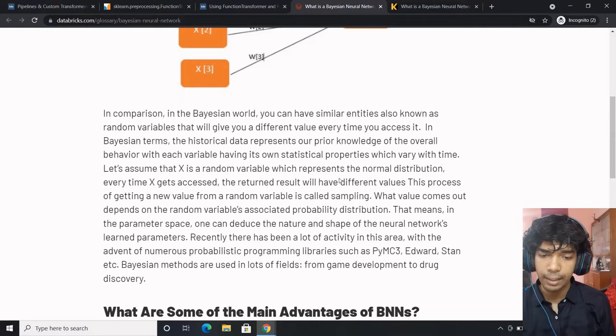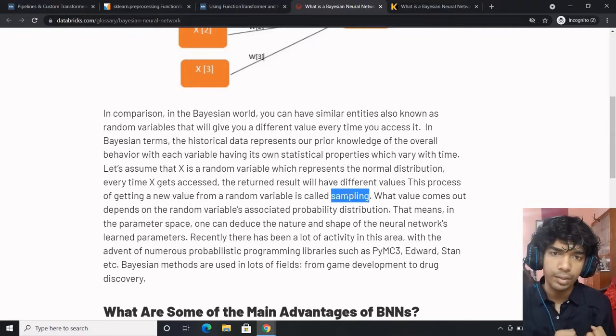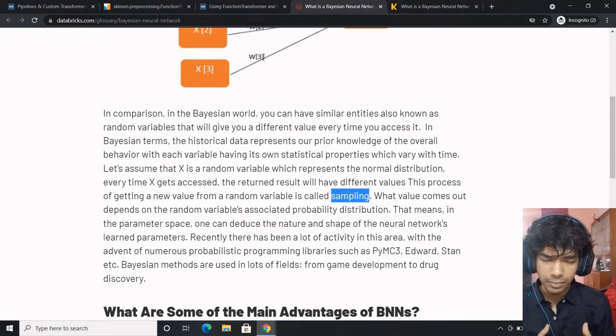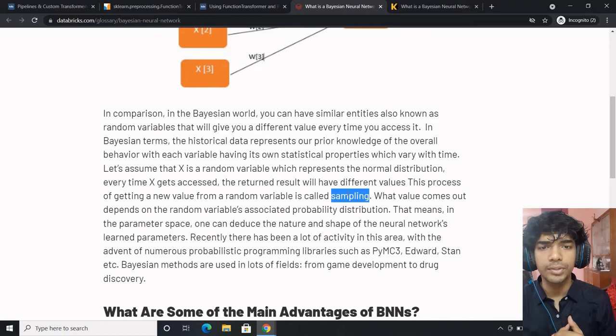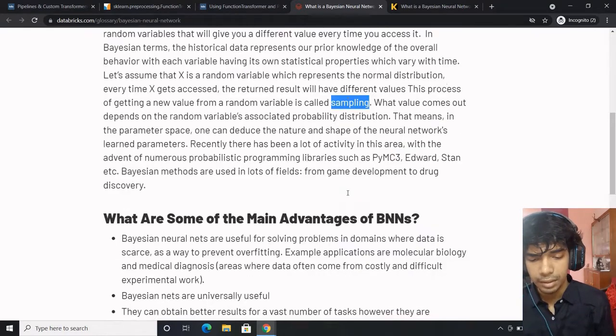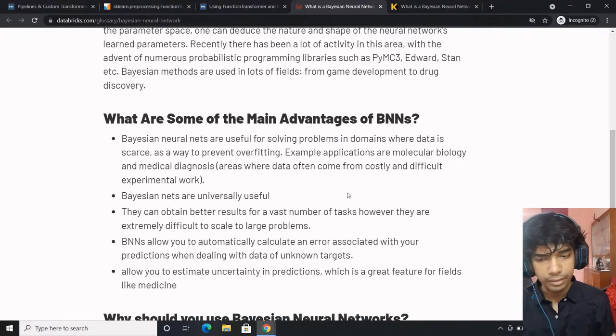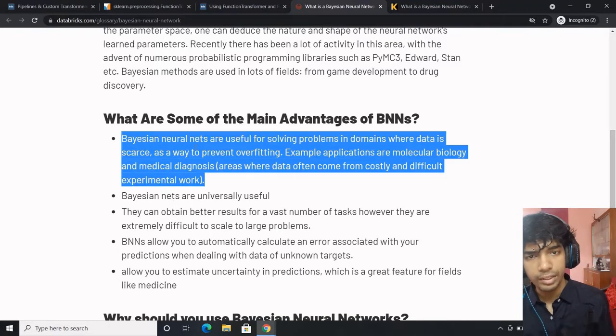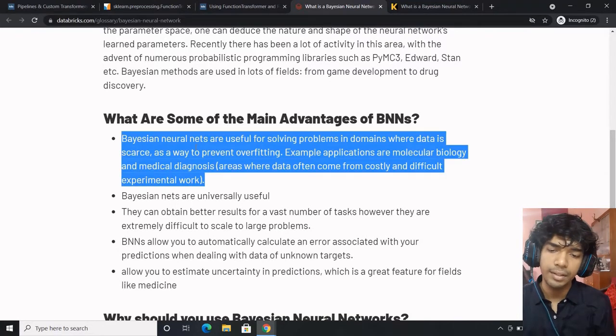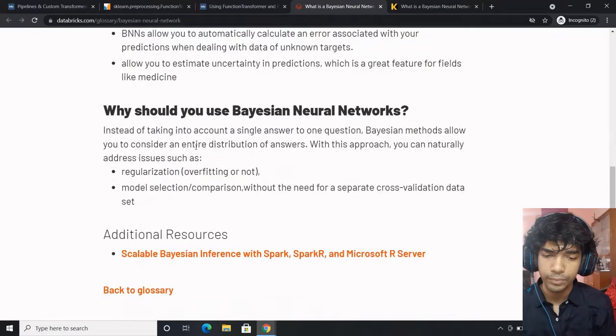Since we have sampling methods, every time a new random variable would be generated, and since a new random variable is generated, the outcome or the probability distribution which is delivered is different for each run. How is it helpful? That is what they are trying to say. You are not overfitting every time a new sample is generated. It is universal, helpful, and can help you to scale to a larger problem.